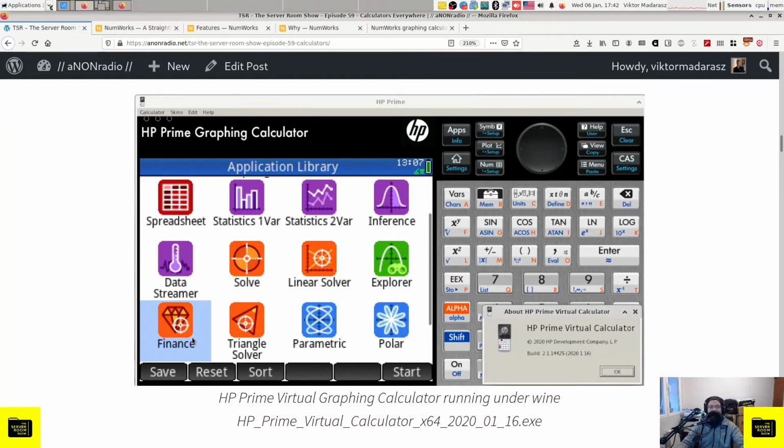And imagine, if you think about it, these emulators are not always just for the free riders. It's for people who say, let me see if this calculator would be sufficient for what I need it for. And with these virtual things, like in this case HP Prime provided by HP, you can take it for a spin, and I'm sure that the people who need these kinds of calculators and find it useful and it does what they want to do with it, I'm sure they will end up purchasing the real device itself, because they will be attached to it. And for the moments when they don't have the calculator with themselves, they can of course use the